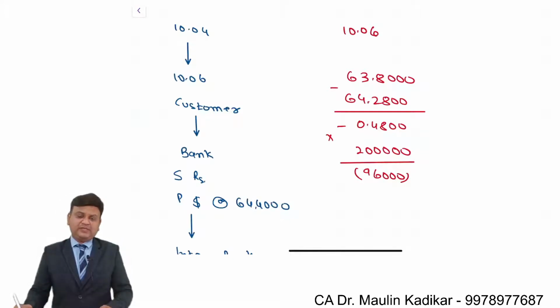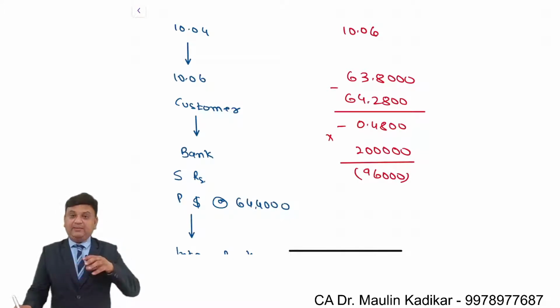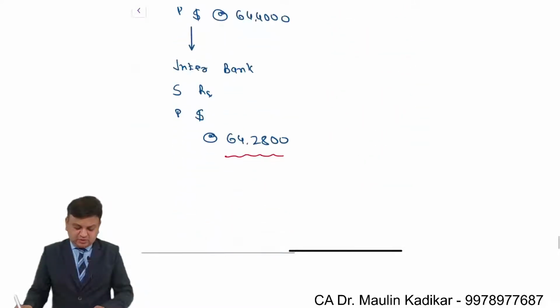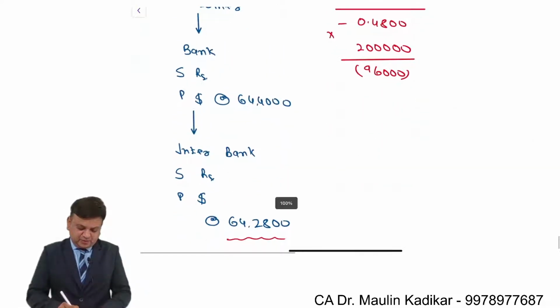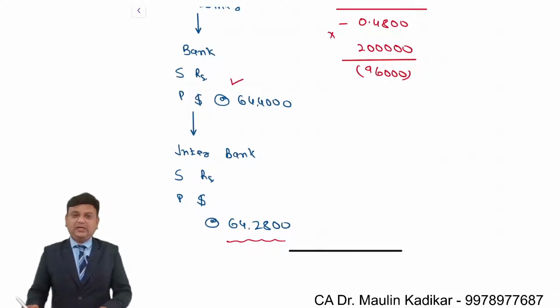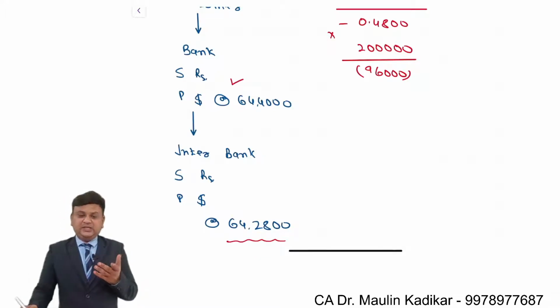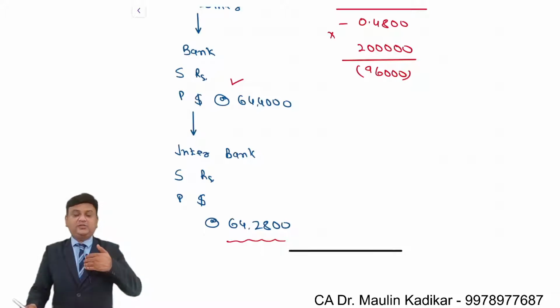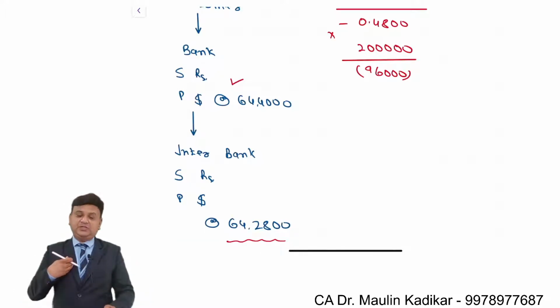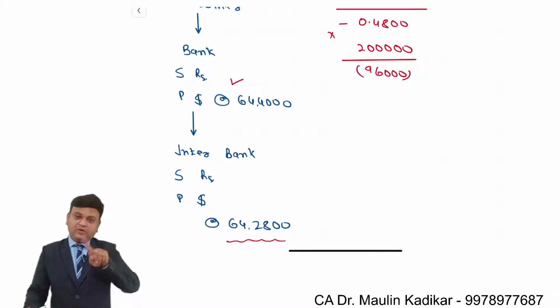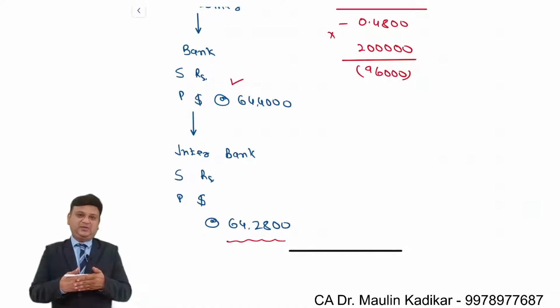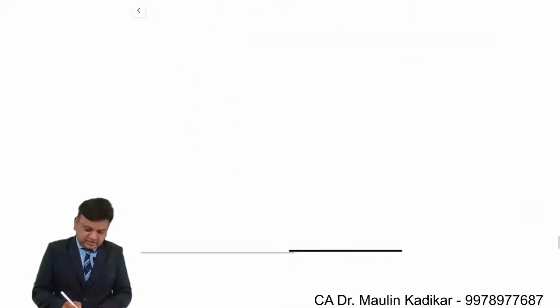Now importantly, as a bank I am responsible to execute this transaction which I have entered into with the customer. If he comes in the next 3 working days, I cannot deny him and say you cannot come. I have to execute the contract. For that, definitely the rate prevailing on the date on which he comes will apply. However, I have an obligation. That is the reason I will enter into one more forward contract, which is the nearest one. In short, on 10th of June,